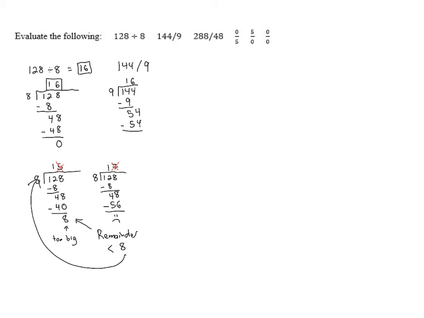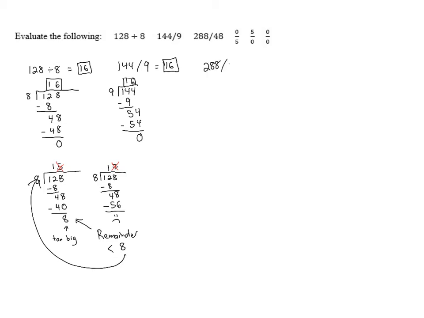So the next digit's going to be 6. We've got no more remainder, so we know we're good. And coincidentally, we get the same answer as the last one, 16. Total coincidence, though. All right, let's look at the next one,